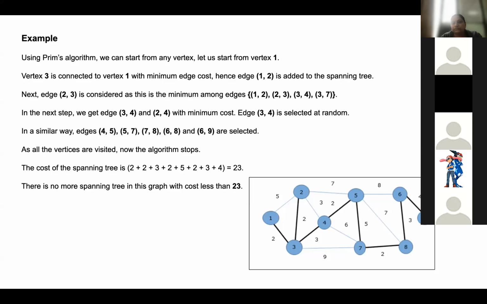Yes, ma'am. Did you get what is there in Prim's algorithm? Yes, ma'am. Arbitrarily here we are taking any one vertex, and for the start of the algorithm we take any vertex arbitrarily. From that, we are calculating the next vertices with the minimum edges only. And thus we form the spanning tree, which will have the minimum cost. Okay, it is Prim's algorithm.